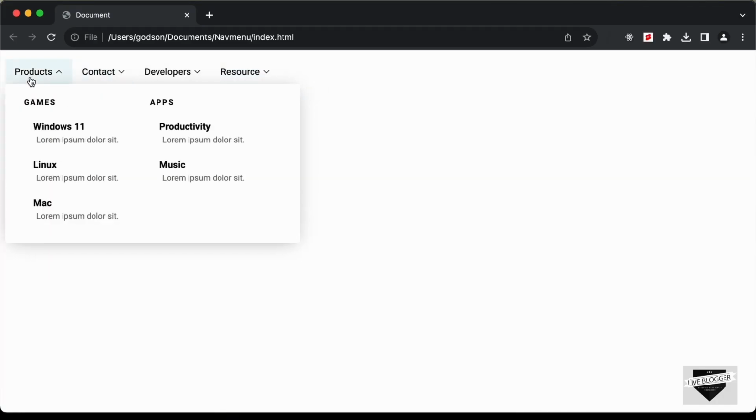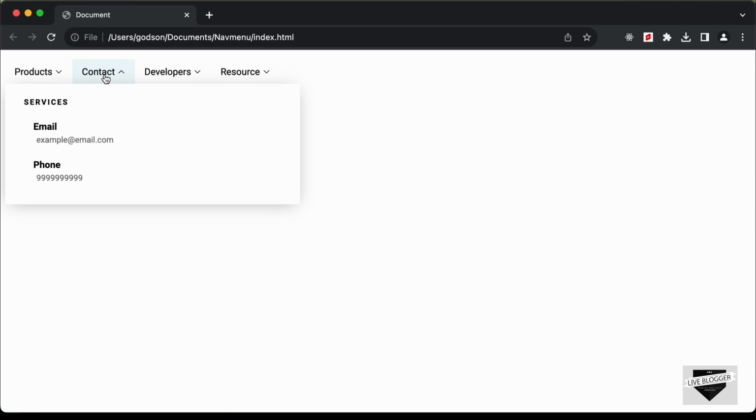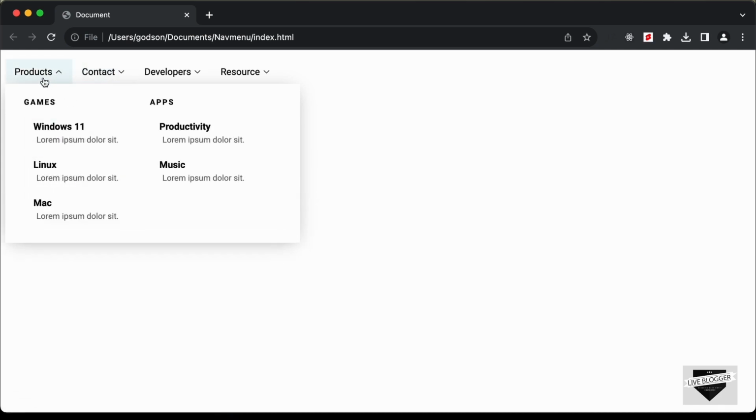So here we can see when we hover over these nav menus, we have this animation for this arrow, and we also have these options displayed over here. And if I go to the other nav menu, we can see that the other options are displayed over here, but we can see that the height of the nav menu changes in a smooth manner when we go to